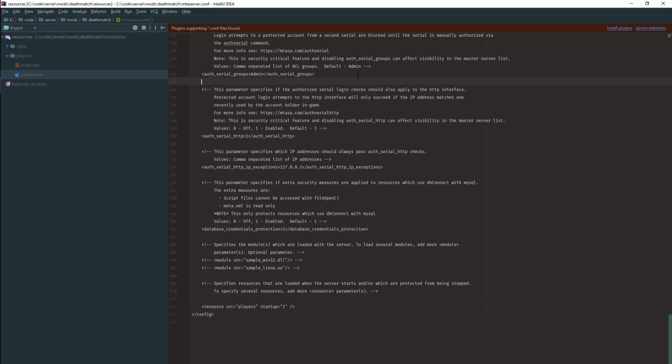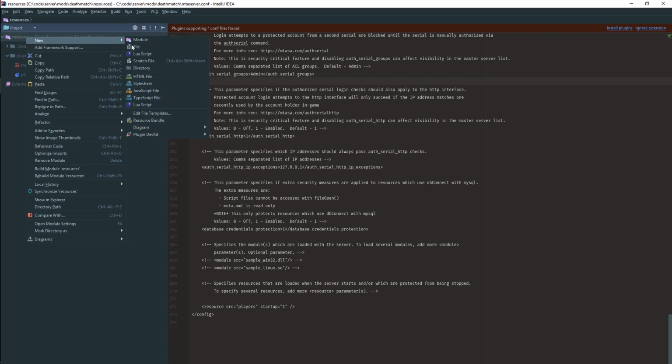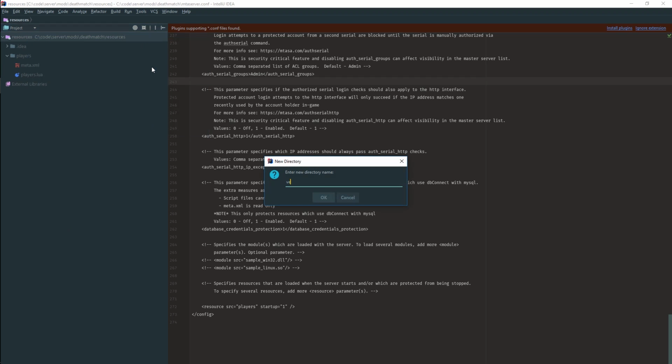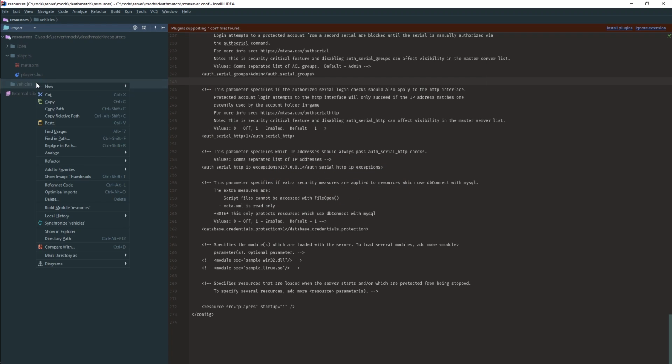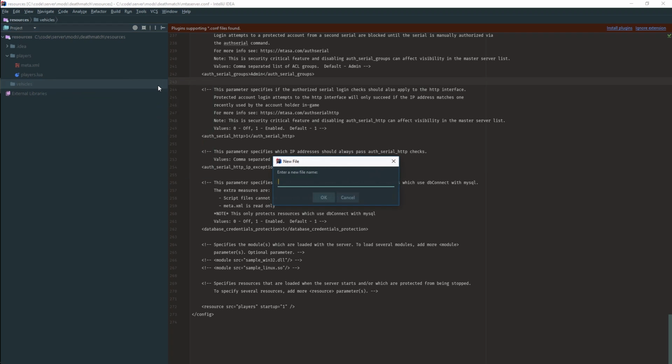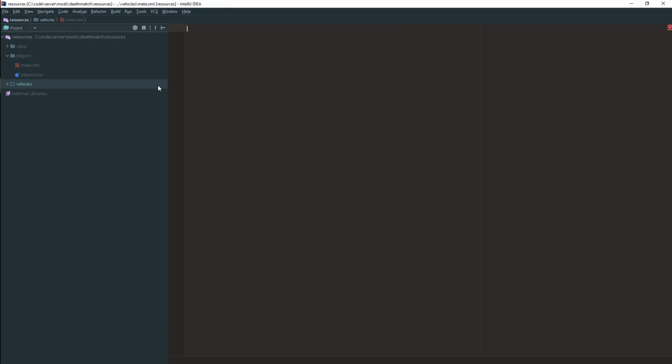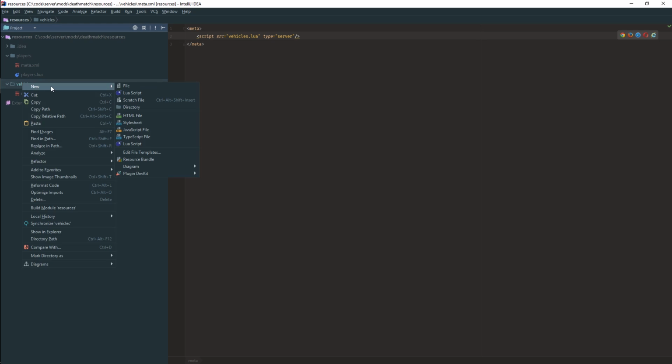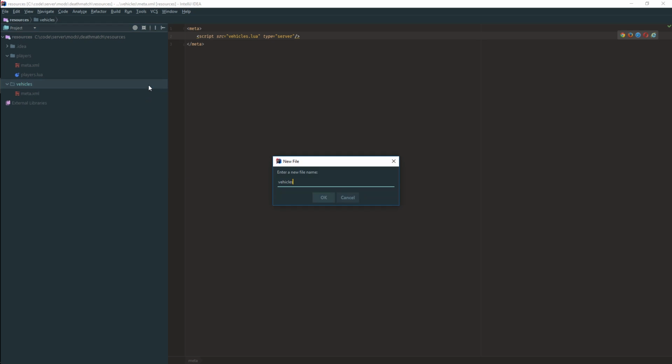So let's go ahead and jump back into our code. I'm going to hop into VS Code over here, and what we're going to do is create a new folder under our resources directory, and we're going to call that vehicles. In our vehicles directory, again, we're going to create a meta.xml file. And in here, we're going to do the same thing we did before, where we create a vehicles.lua, tell the server that it is a server file, and save that guy. And then in here, we're going to create vehicles.lua,